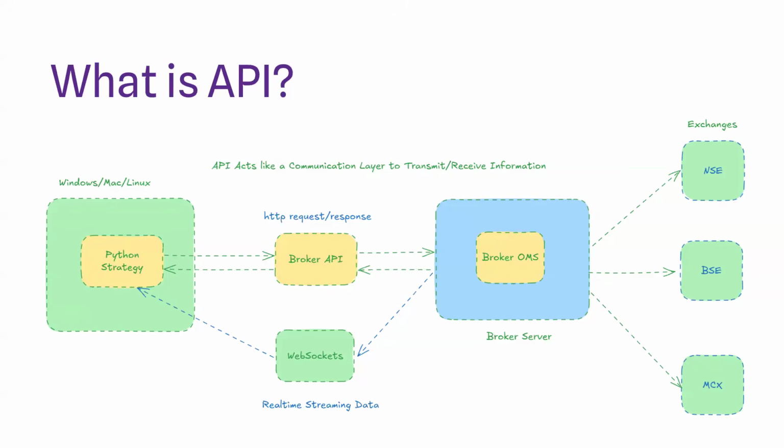Now, talking about API, an API is nothing but a communication layer. Whatever we try to do manually, the API acts like a translator and does it at a software level. Let's say I'm placing an order. Generally, I log into my trading terminal, select the exchange, the symbol, the quantity, and the order type. Instead of doing everything manually on my own,